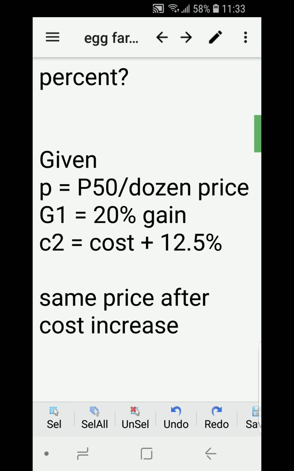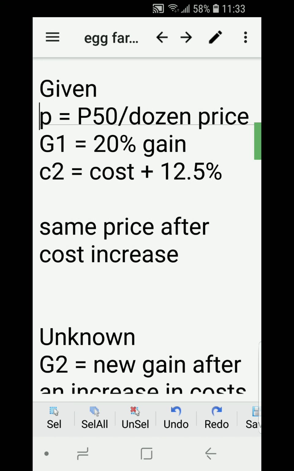Okay, very interesting business problem. So here is our given. We have 50 pesos price per dozen, and the gain that we're given is 20%. Now there is also a given of 12.5% rise in cost,